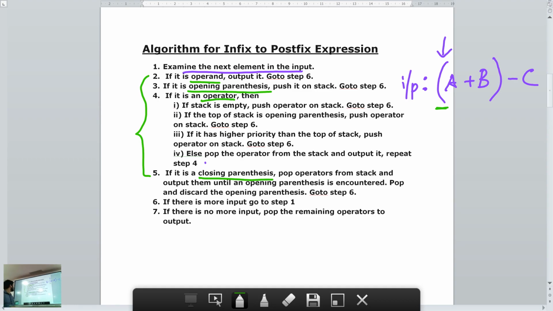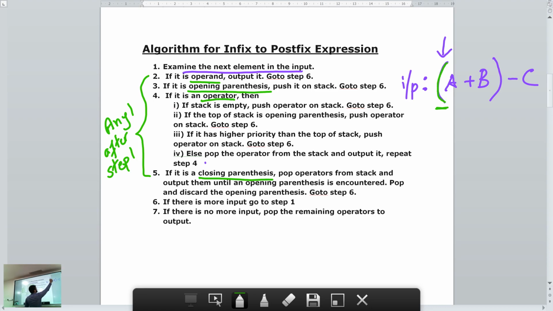So you can perform any one of these 4 steps after step 1.